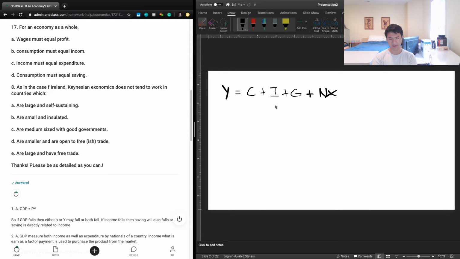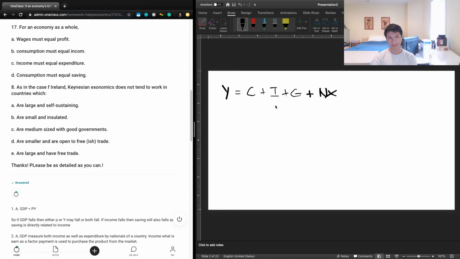Not income, not investment, income. So consumption must equal income. Again, consumption is not tied directly into expenditure. Consumption can refer to a subcategory of expenditure, but there are a lot of other types of expenditure. For example, government expenditure would not fall under consumption,